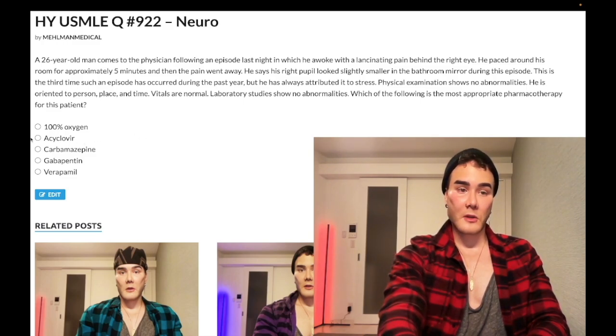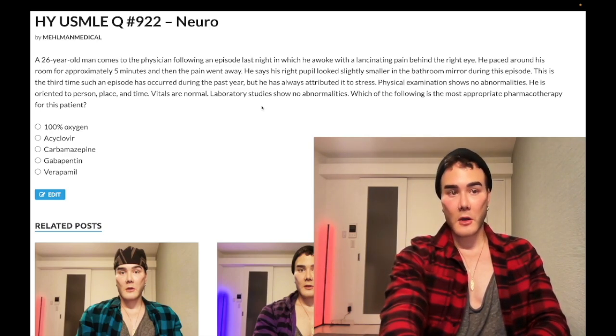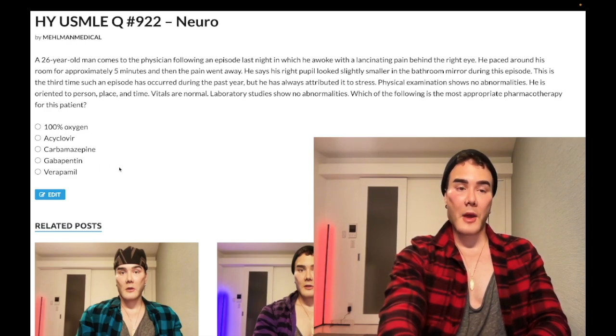DNA polymerase inhibitor, resistance going to be altered absent viral thymidine kinase, going to be used for HSV 1-2 as well as VZV for shingles, herpes zoster. So even if we wanted to entertain the notion, even if we wanted to conjecture that this patient's pain could be attributed to Ramsay-Hunt syndrome type 2, where you get a Bell's palsy, herpes zoster ophthalmicus, that it's a herpetic neuralgia of sorts, or herpes zoster ophthalmicus. Okay, so even if we wanted to conjecture along those lines, acyclovir is not how we treat the pain. This would treat the shingles, the VZV, but for the pain we use gabapentin in that setting. Acyclovir, wrong answer.